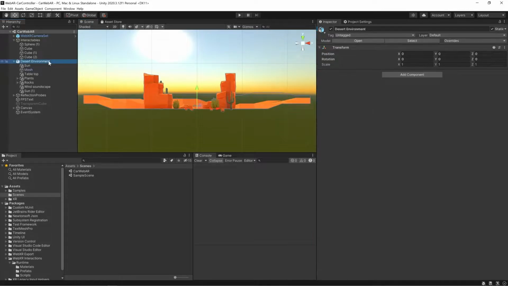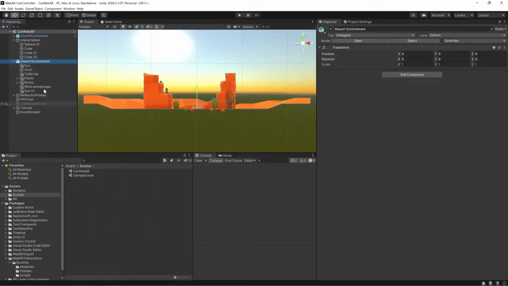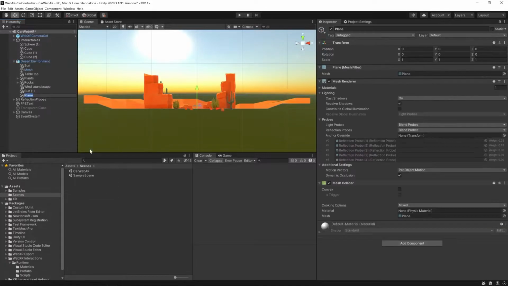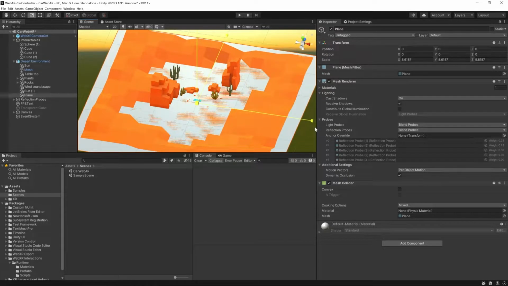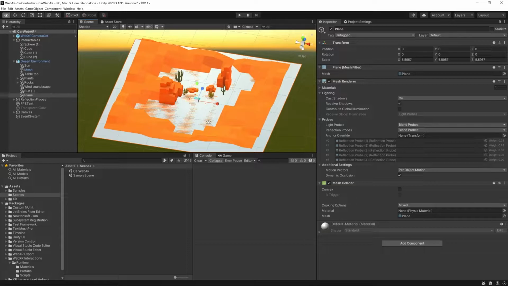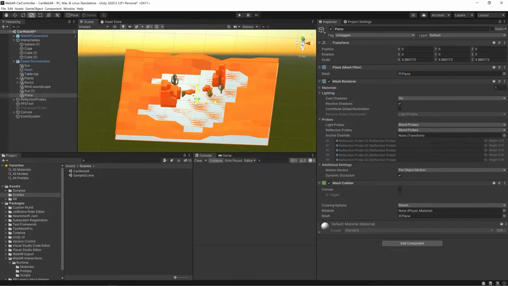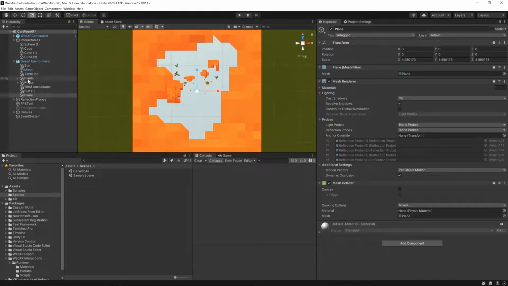I'll remove this mesh and add one plane. Just add a plane and scale it according to the size of the mesh. This would be fine because our surface should not be bumpy like that orange mesh, so I'll disable that.